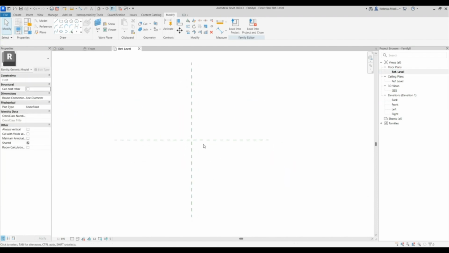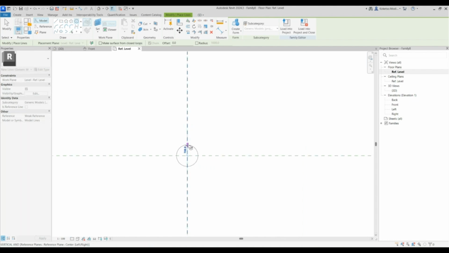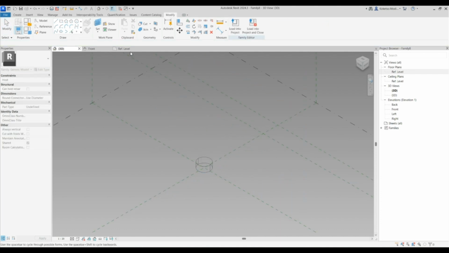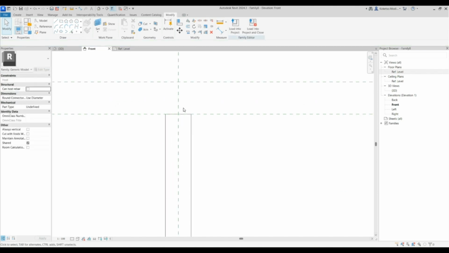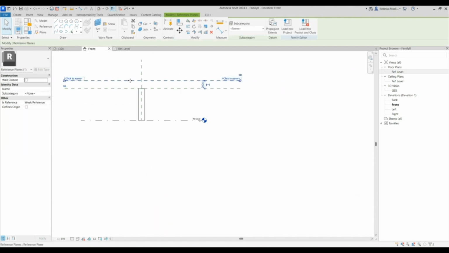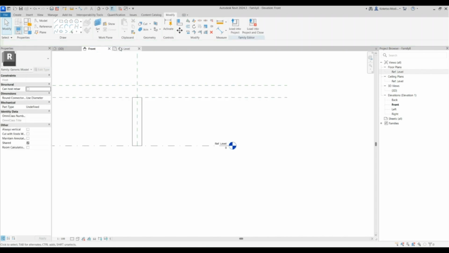Go to the reference level, place our circle. So our circle is gonna have a radius of, say, 800. So you're gonna select that profile, create form, and then you're gonna drag that form towards this reference plane and then lock it. Okay, so after this, you're gonna go to reference level again, and just go back to the front elevation, and then move this reference plane to top of pier head, say enter, and then